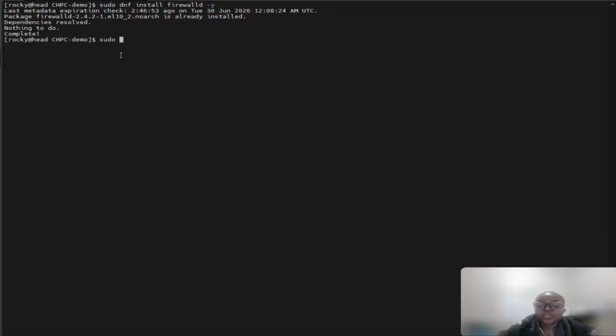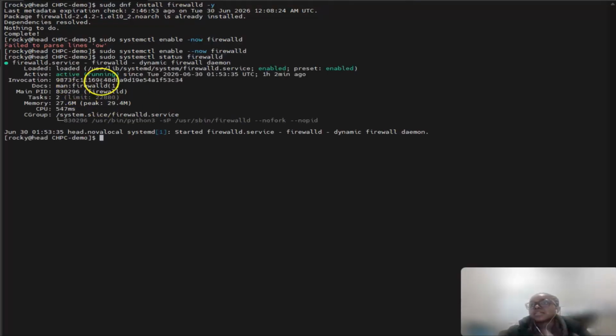So we're going to say sudo systemctl enable --now firewalld. Then we can run sudo systemctl status firewalld, and as we can see, it's active and